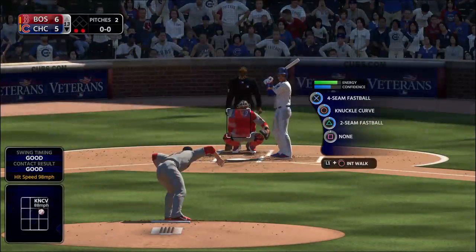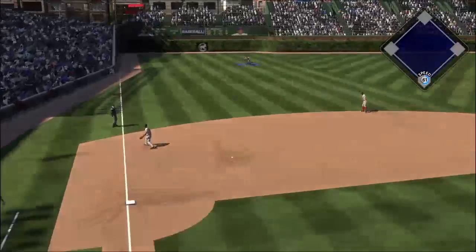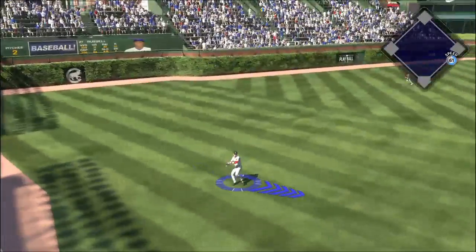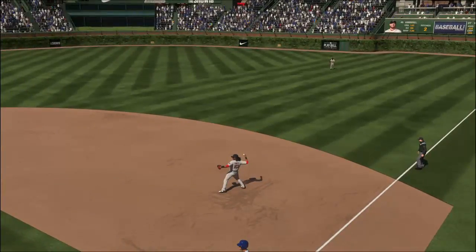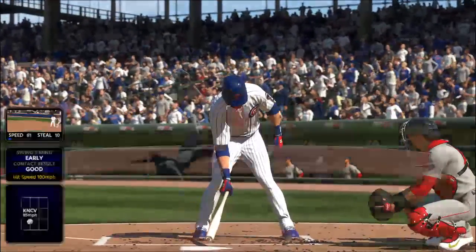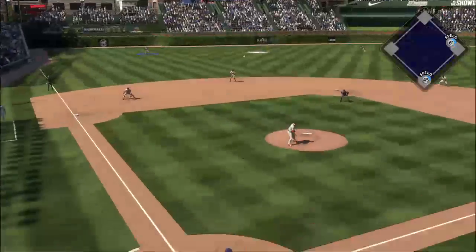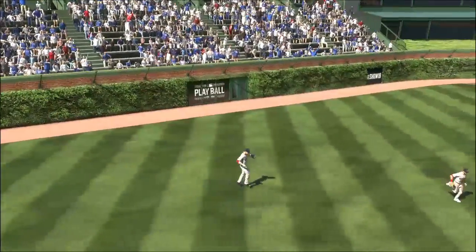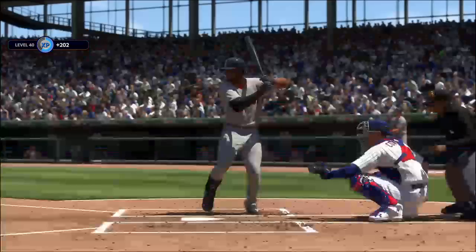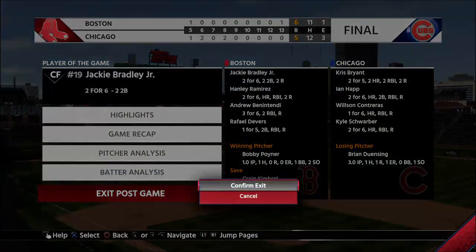Here's Addison Russell. He was sat down on strikes in his last at-bat. Hit sharply on the ground. That's through a base hit, and he's got his third hit of the game. So Ben Zobrist will bat this inning following the 2-out hit. Digging in the switch hitter, Ben Zobrist. He'll be looking for something he could drive into the gap and drive home that tying run from first. And he'll put this one away, and the Red Sox are able to put the finishing touches on a 13-inning victory as this ball game is over. Every game has its offensive stars, and in this one, he arguably